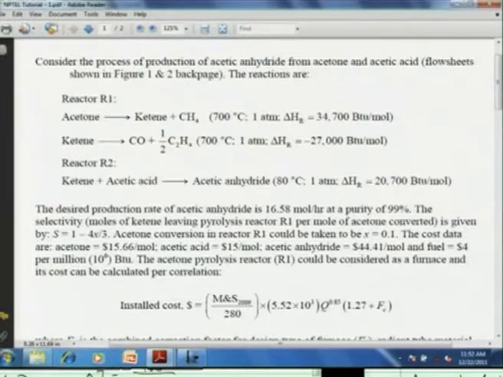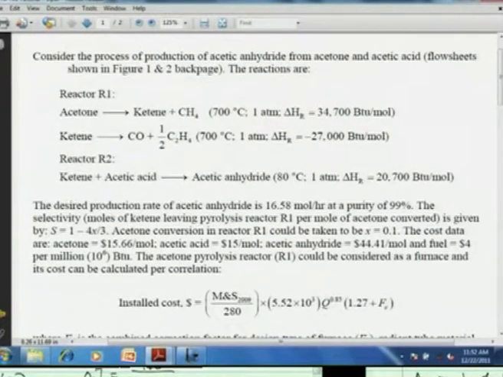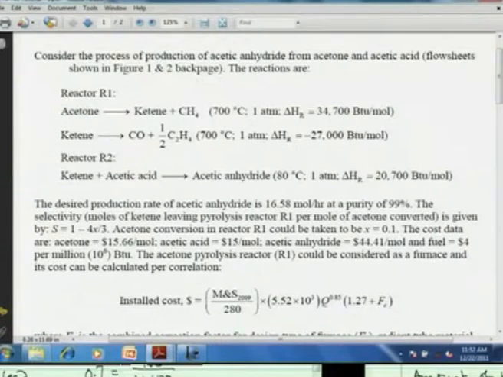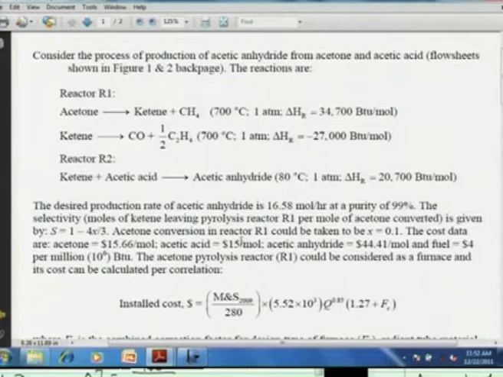The selectivity, moles of ketene leaving the pyrolysis reactor 1 per mole of acetone converted, is given as S equals 1 minus 4x by 3. So, the selectivity is a function of conversion. The acetone conversion in the first reactor we can take as about 10%. The cost data is: acetone $15.66 per mole, acetic acid $15 per mole, acetic anhydride $44.41 per mole, and the fuel cost is $4 per